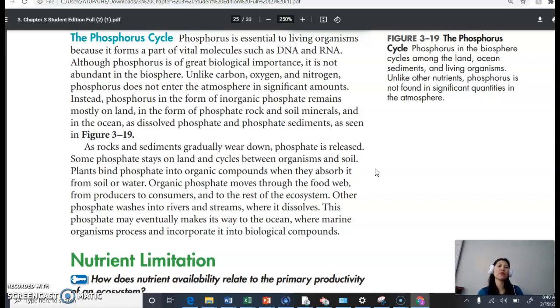So although phosphorus is of great biological importance, it is not abundant in the biosphere. So what does it mean? Unlike what I discussed a while ago about carbon, oxygen, and nitrogen, phosphorus does not enter the atmosphere. Take note of that. Phosphorus does not enter